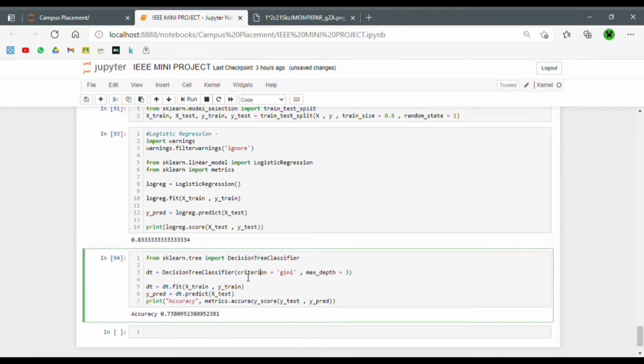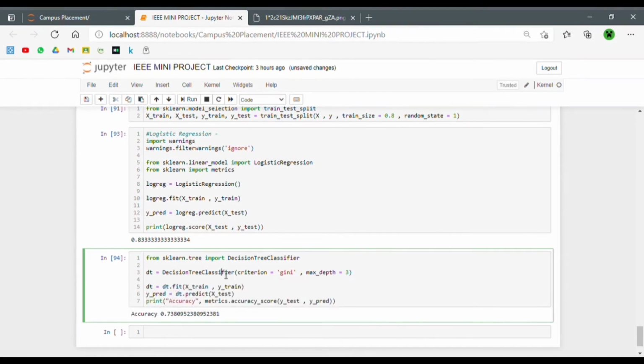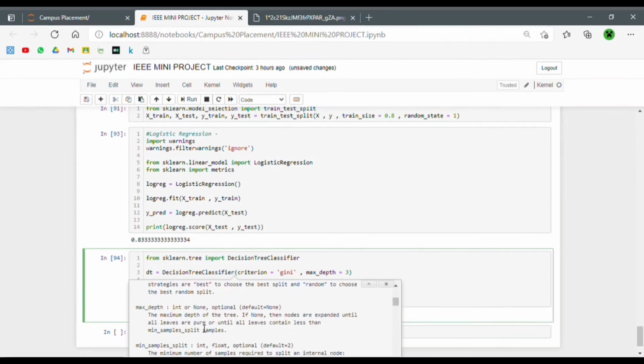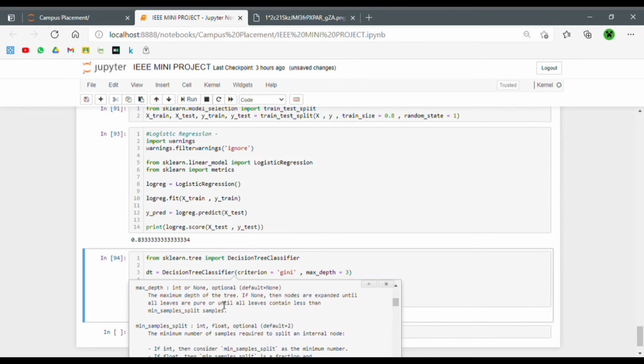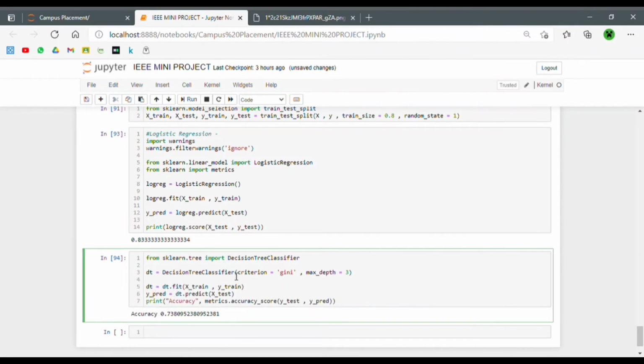Another important thing that you need to know about Jupyter Notebook is that if you ever want to know anything about any method or class, you just have to click on it and press shift and tab, right? So if I go over here to the criterion and press shift and tab, and once again, it's going to expand all of these different things. It gives me a docstring that explains all of these hyperparameters, like max depth, the maximum depth of the tree, the minimum split size, the minimum sample leaf size. Okay, so we have to tune all of these values.